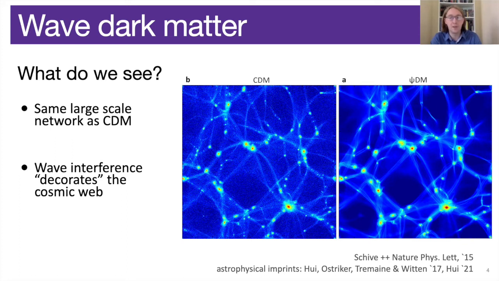So the panel on the left here shows the result of a cosmological simulation with cold dark matter particles, and we can see this web-like structure that connects the collapsed structures. On the right, you see the result of a wave dark matter simulation, which produces the same set of large-scale features, but on small scales, the wave dark matter decorates this cold dark matter skeleton